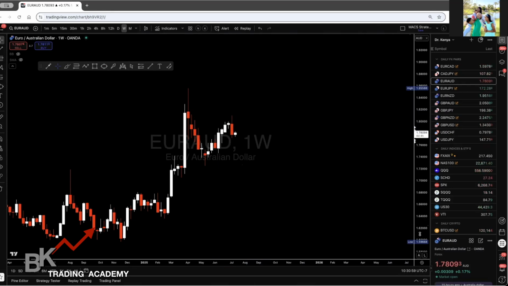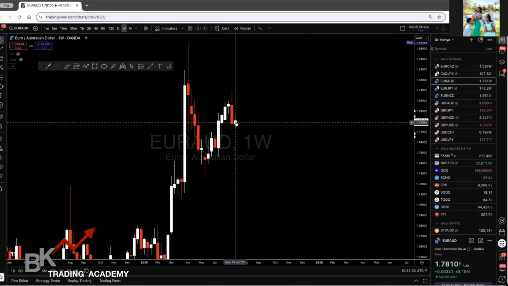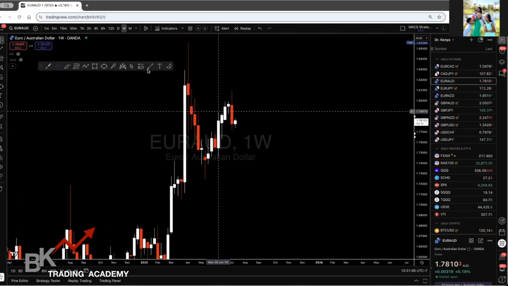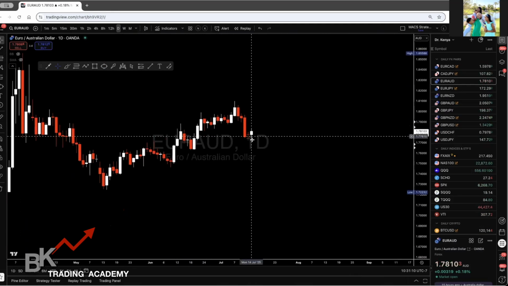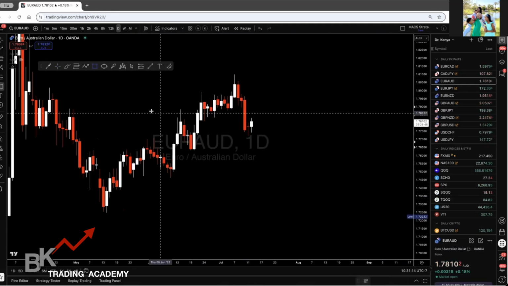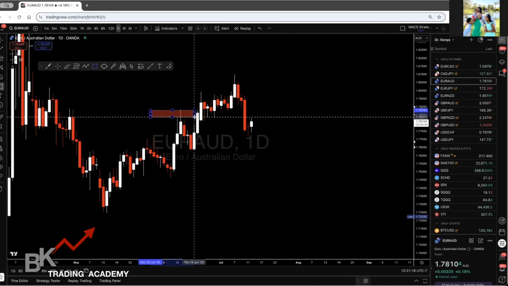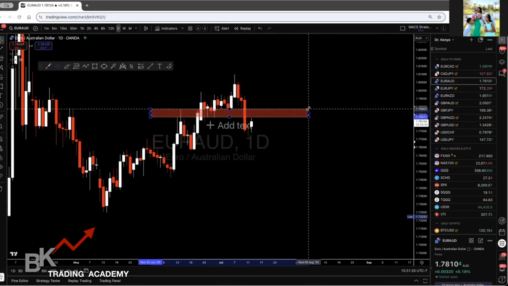Right now on this weekly, you will see that price is starting to form a pullback. So this little white candle you're seeing here is going to be your pullback on the lower time frame. On the daily time frame, this is where we're sitting, and you can see that drop there. Price should retrace back into the previous level of structure that was broken. So you can see you have previous resistance here, turned support, and now the price is retracing back into that